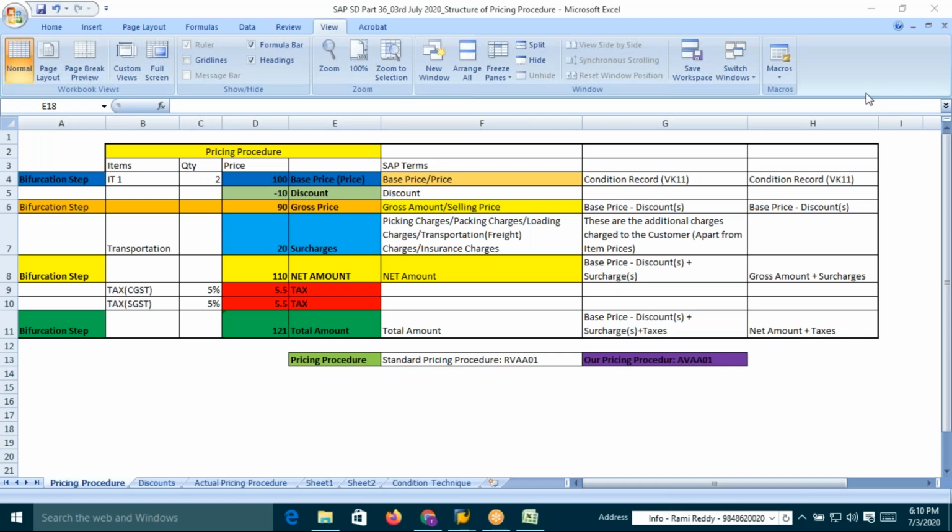So our today's class topic is pricing. Now the pricing chapter is one of the most important chapters in SAP SD. What this pricing does is, this pricing will automatically determine for every material that you sell to the customers, what is the